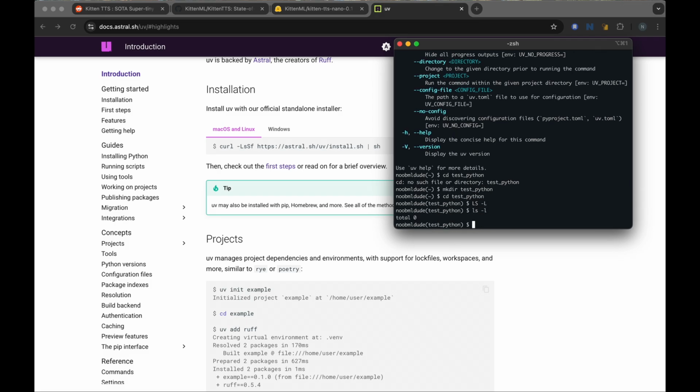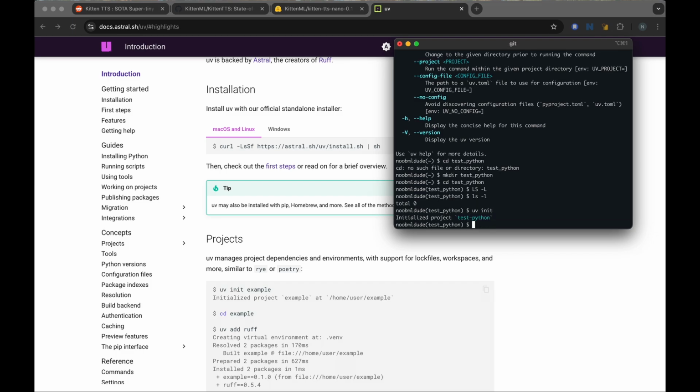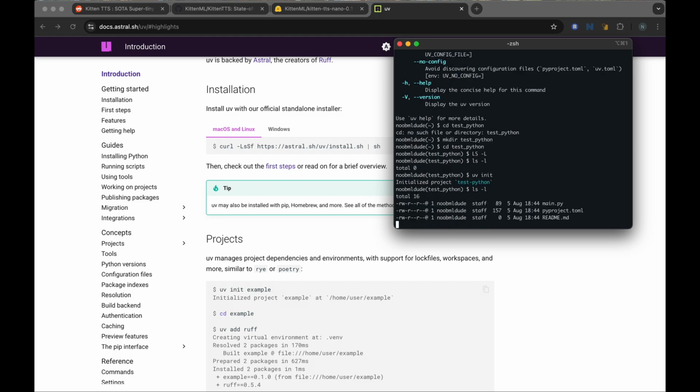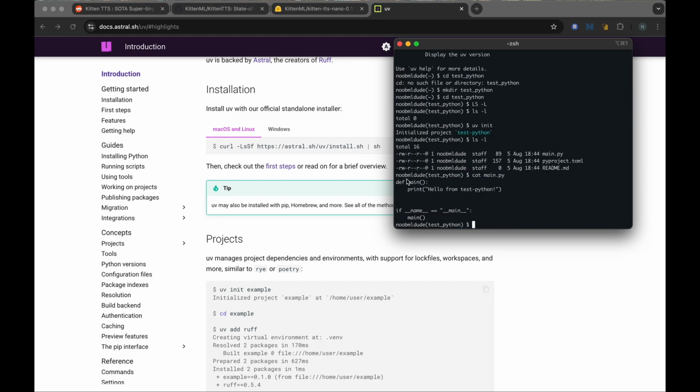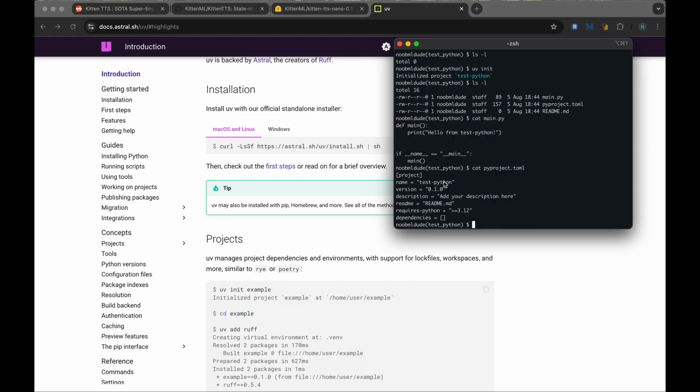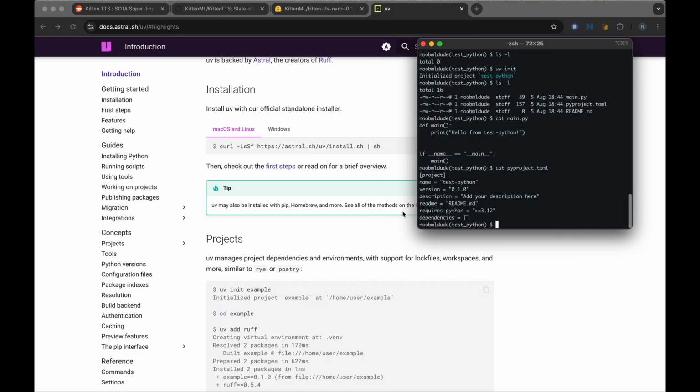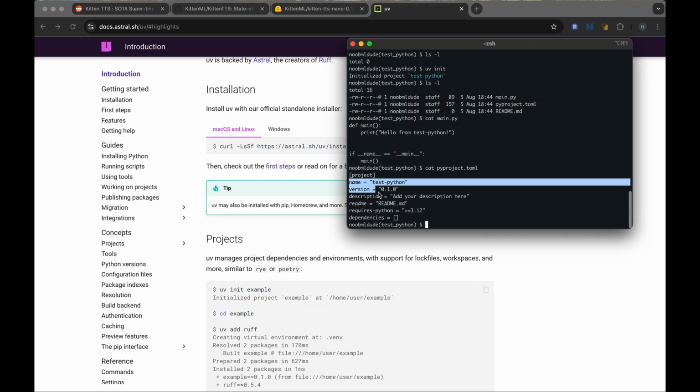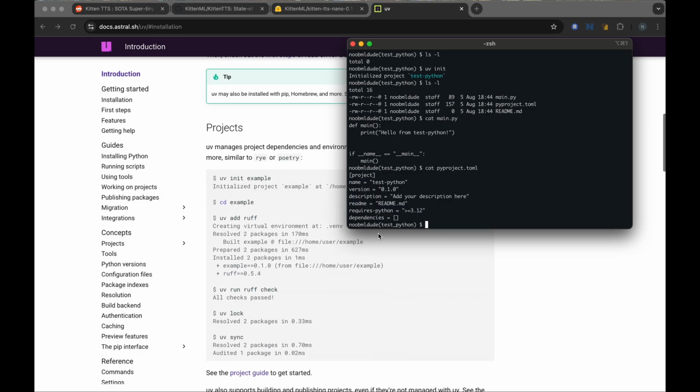It's an empty directory, and if I say UV init, it would create a main file, a pyproject.toml file, and a readme file that initializes this project. And if I want to see what's inside it, it's just a simple file with nothing much inside it. And the project has the Python version, the package version, the description, dependencies,